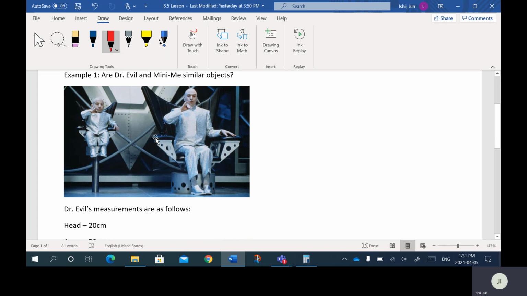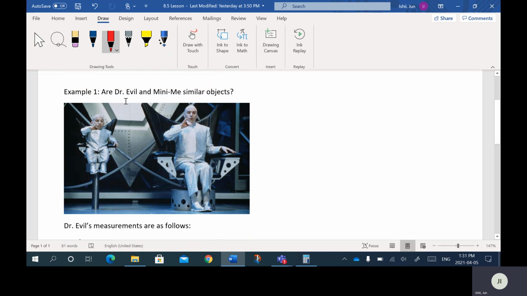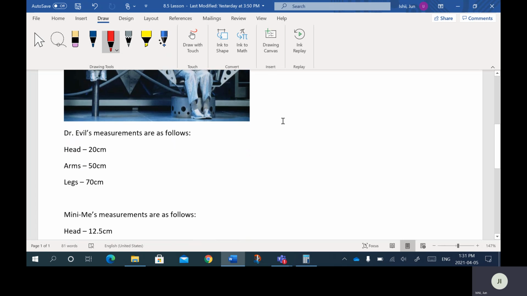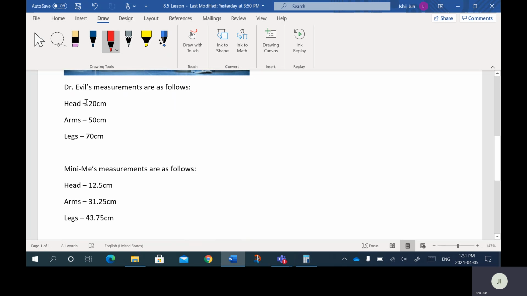So, Dr. Evil and Mini-Me. To check whether they are similar objects, we need to compare measurements. So to compare, we need to know what the measurements are. Here I've listed Dr. Evil's measurements for the head, arms, and legs, and Mini-Me's as well. To check if they are similar, we need to find the scale factor for each of these measurements. So for instance, for the head,